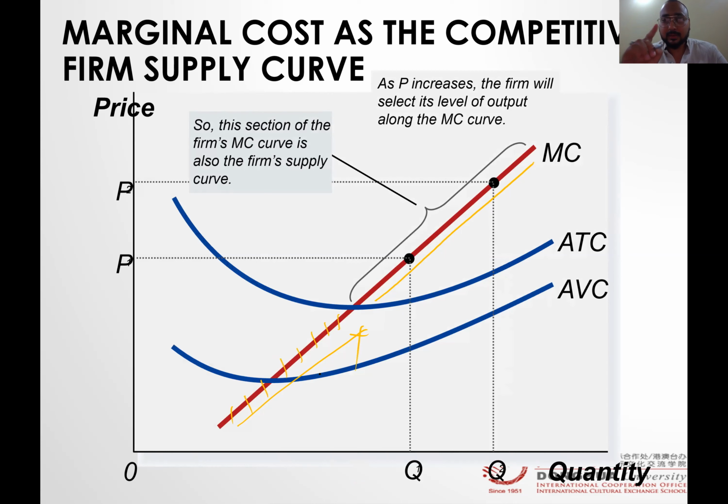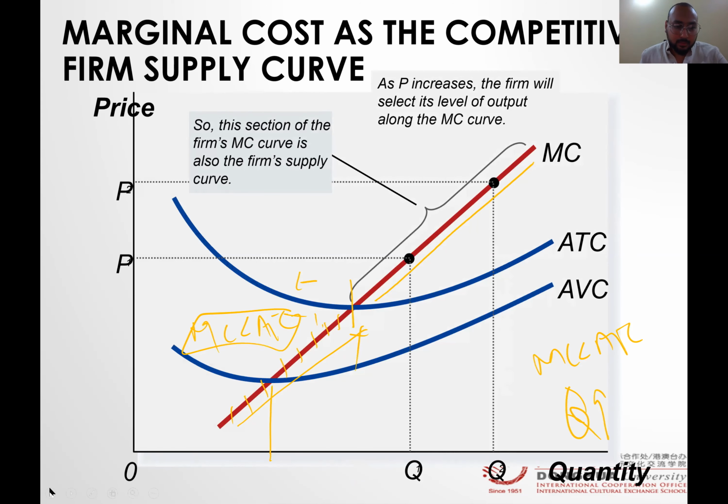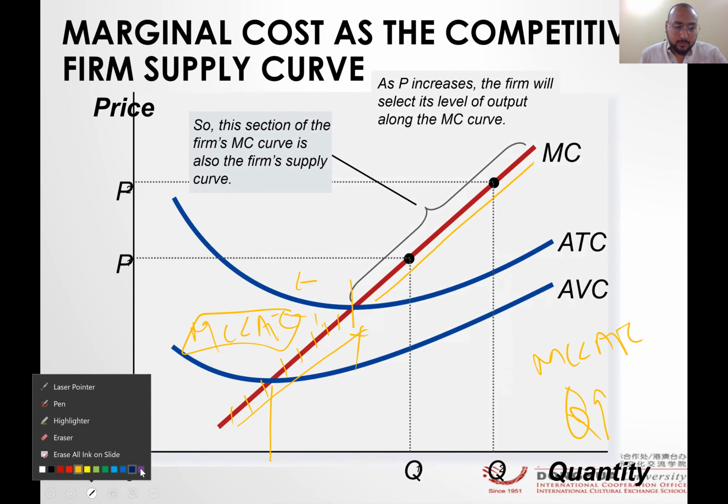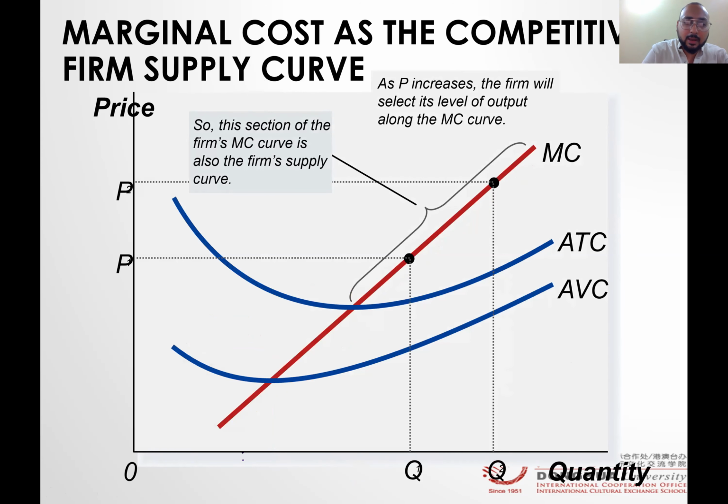Look at our decision. If MC is less than average total cost, increase quantity. So on the left hand side, MC is less than average total cost. Plus, nobody wants to produce here. Why? Because producing here, if we produce here, you see